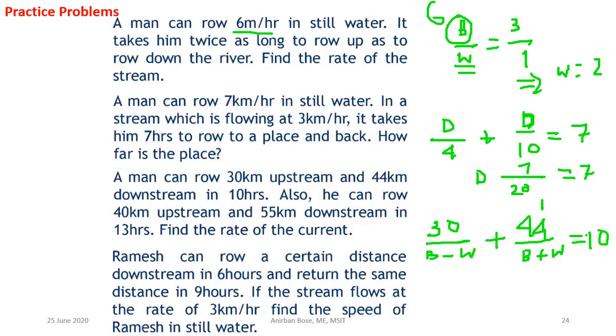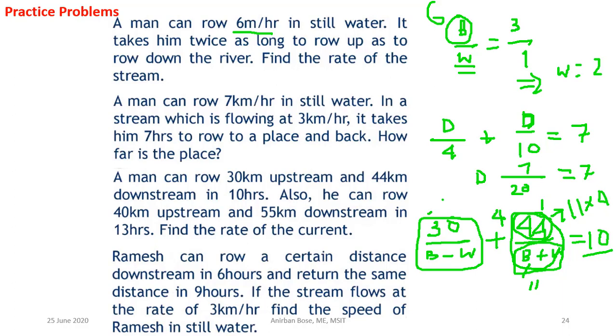Okay, so see this one where it is 44, the only factors possible are 11 into 4. 11 is not possible because that will be more than 10, so definitely the whole fraction must be equal to 4. If the whole fraction is 4, then definitely this B plus W is 11. Okay, total you have to make 10, so definitely this whole fraction has to be 6. If the whole fraction is 6 and this is 30, so definitely B minus W is 5. Okay, so if you know B plus W, B minus W, you can find out anything.